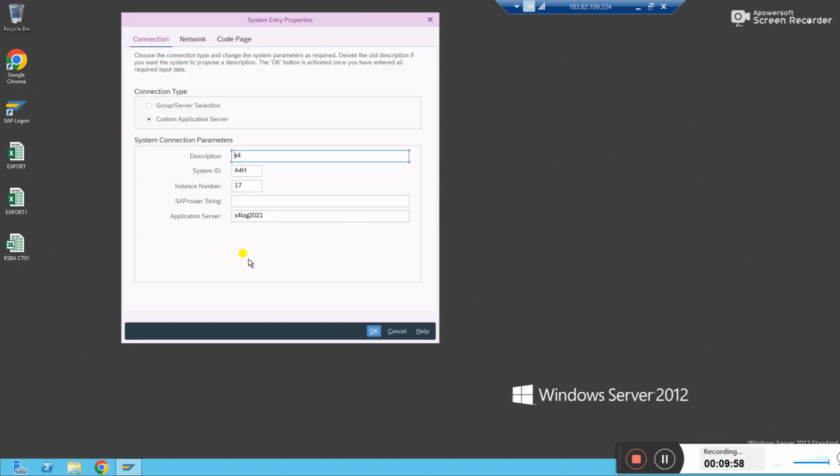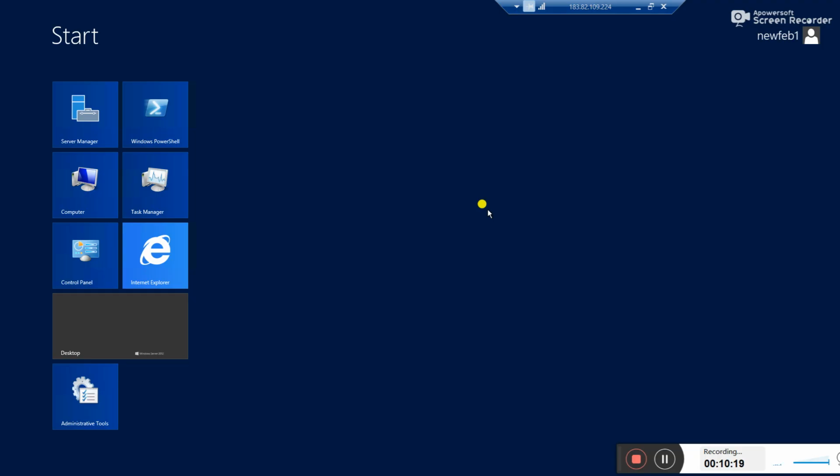These are what we call the connection details or properties: description of the system, system ID, instance number, and application server. You just take a screenshot of this and send it to the person who is asking. I'll just take it into Excel